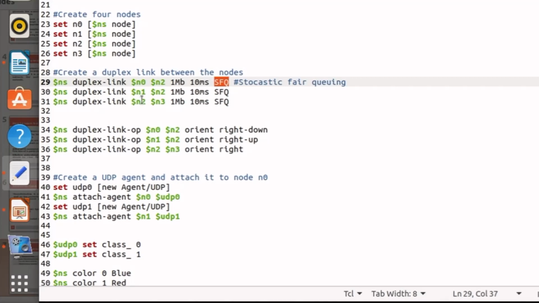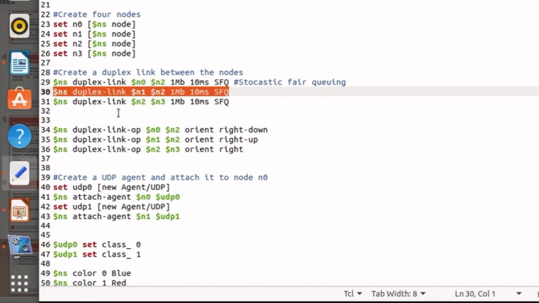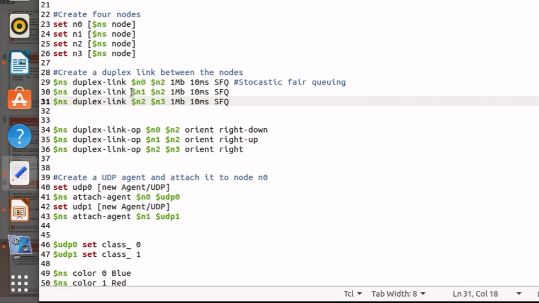So what this line does: ns duplex-link n0 n2 with 1 MB bandwidth, 10 millisecond delay and stochastic fair queuing. So n0 and n2 will be connected with a duplex link. Similarly, the next line creates the same type of link between n1 and n2.